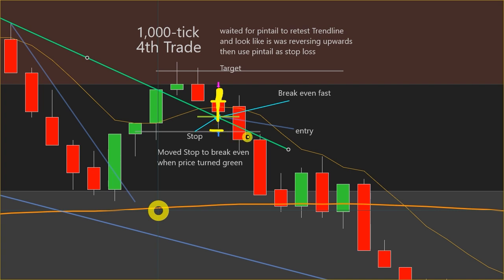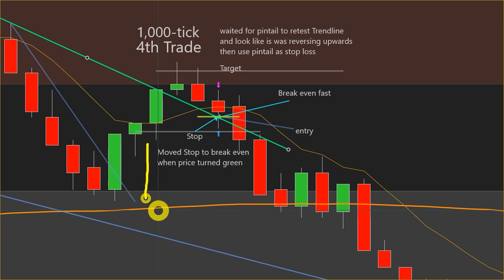So the point of this kind of trading is to have as little stop loss as you can for a magnitude run up. The risk reward is just amazing. So it's worth having a little bit of a stop loss on that. So I guess I couldn't do it here because it never came down to retest. But if it did come down to retest,